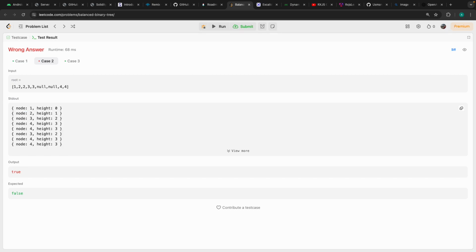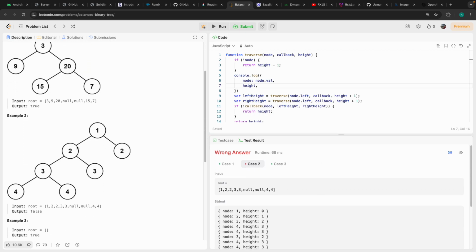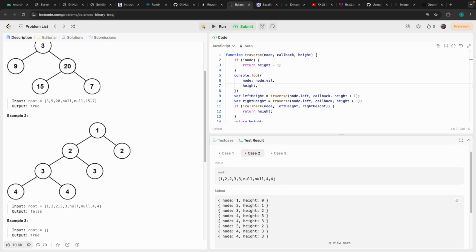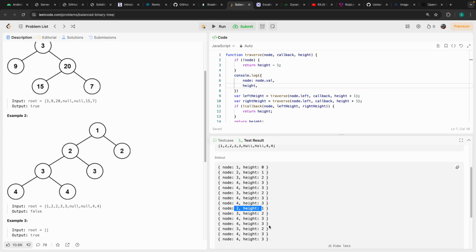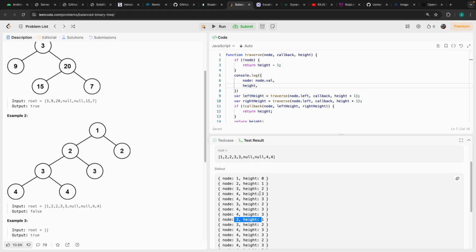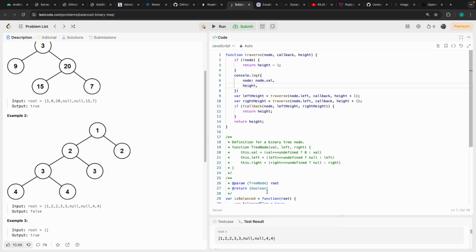1 height is 0, 2 height is 1. Wow. 2 height is 1. Yes. Why I don't get 2? Yes, 2 height is 1. I was wrong. I got correct height on the last node, not on the first. Yes, because